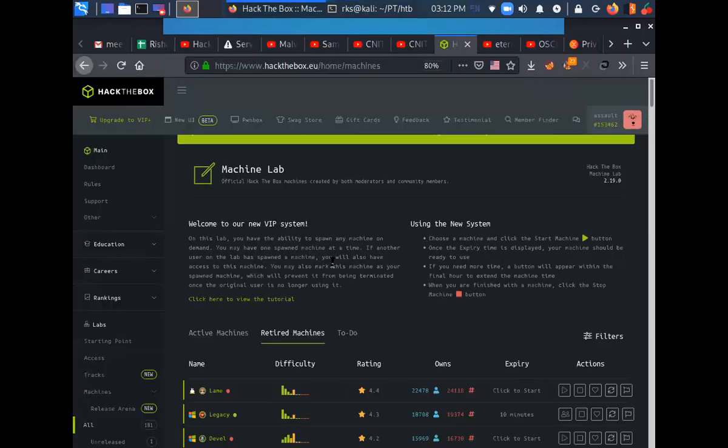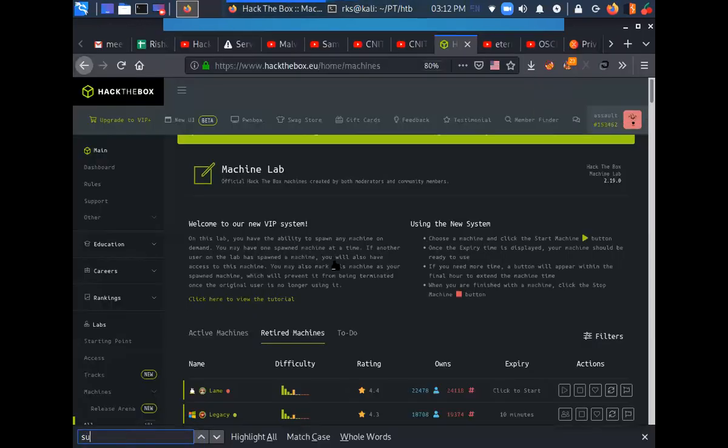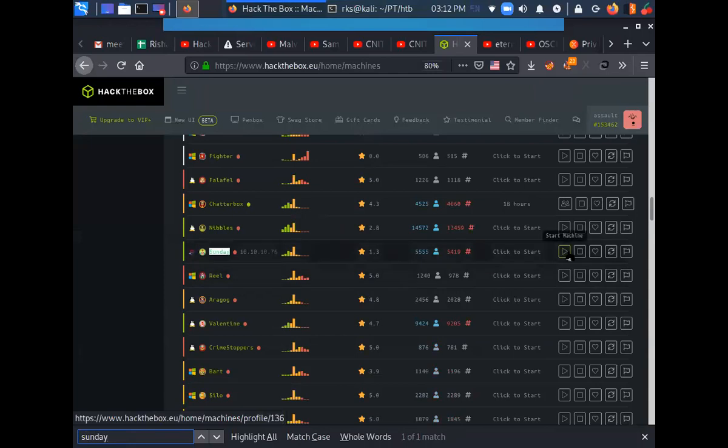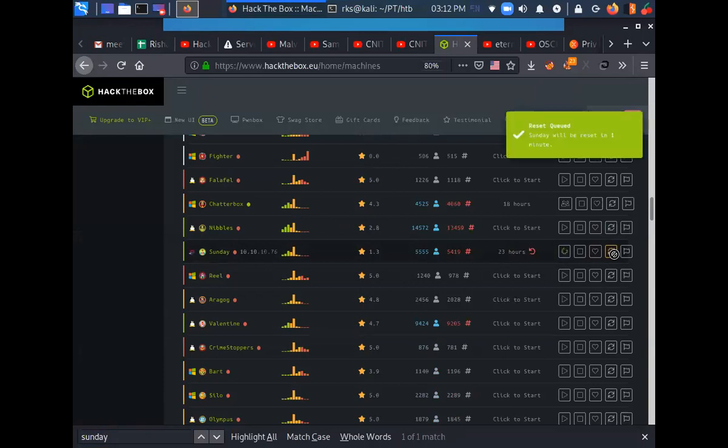Let's get the target IP address. 10.10.10.76. Let's reset the machine, deploy the machine to our lab environment.